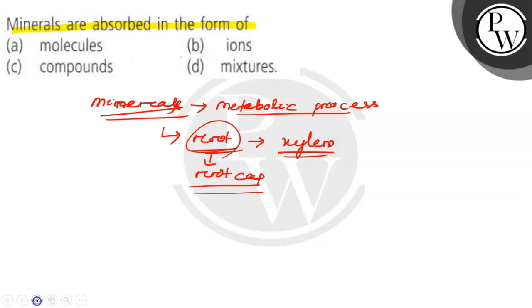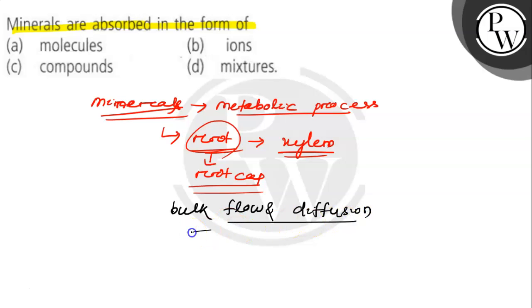root cap by bulk flow or diffusion or osmosis. By diffusion, they can pass through the concentration gradient. So they can pass due to the concentration gradient. So in the root, that is the root cap, that is the root hair zone,